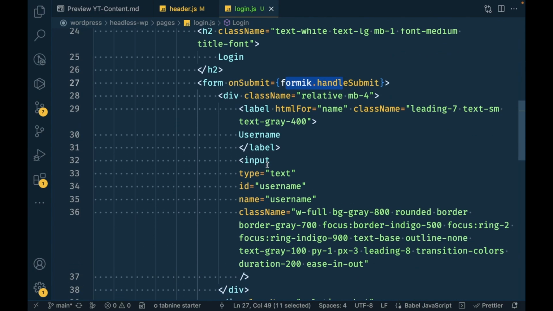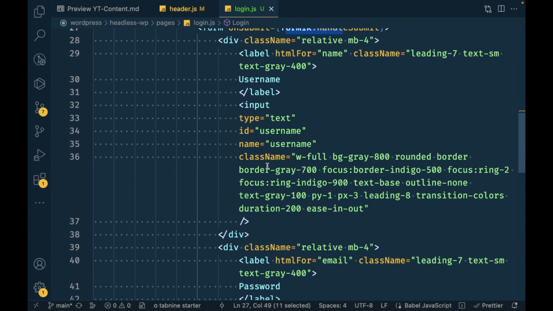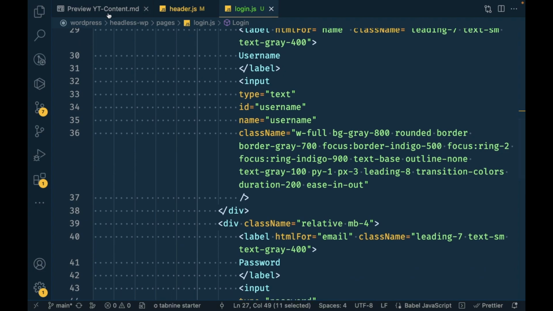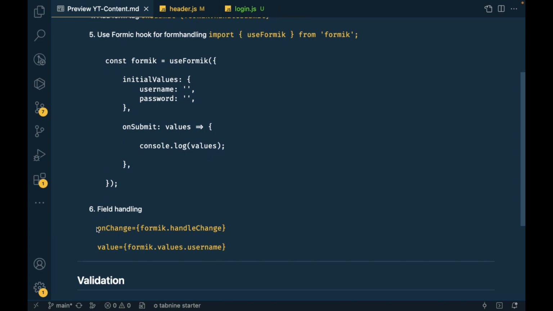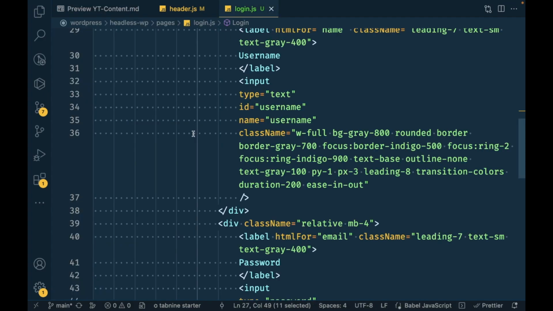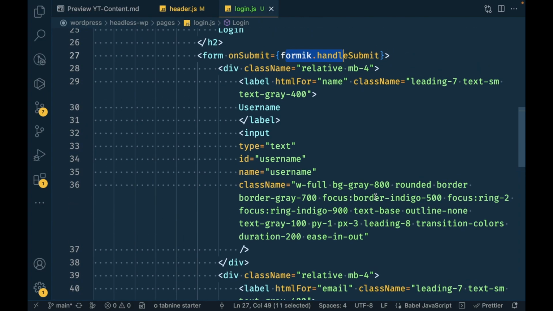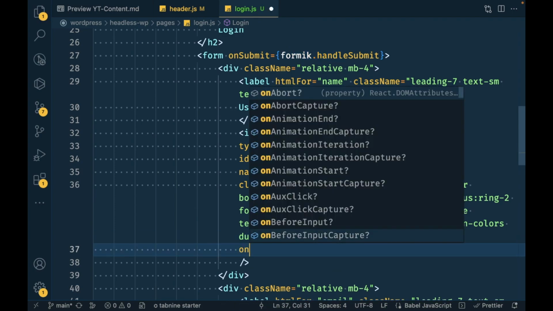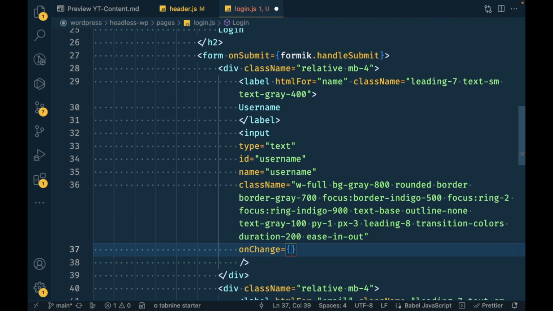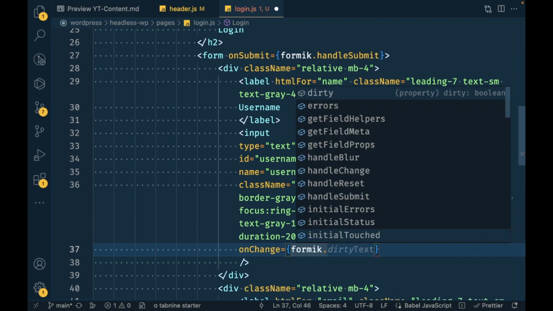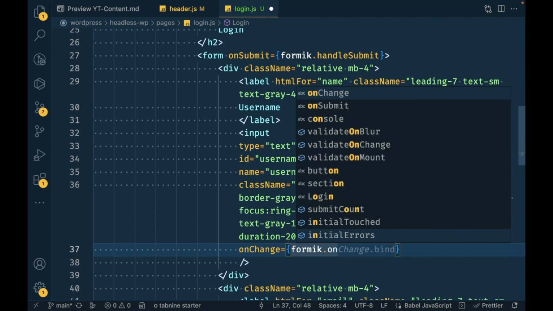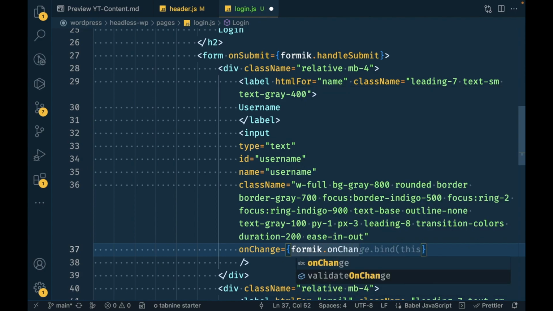So now it's time to handle the form fields. For that we have to use the onChange event for the field. So I'm going to use it for username, onChange formik dot